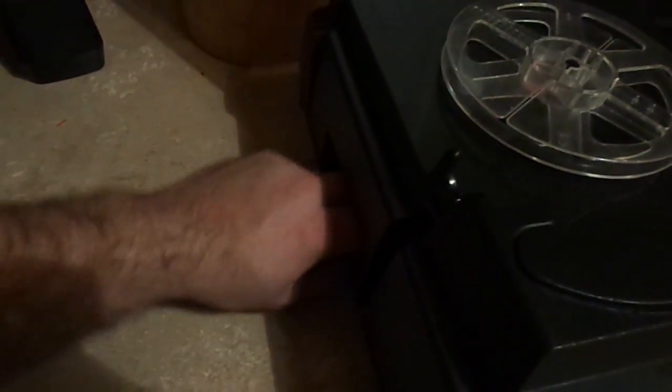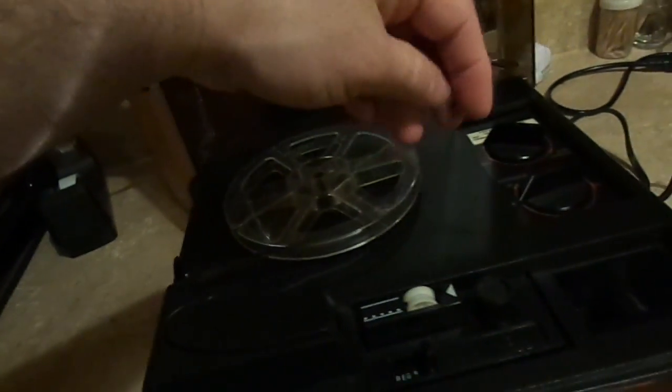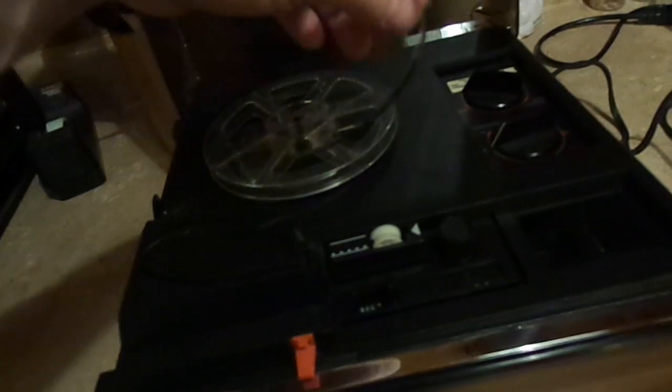But anywho, what we're gonna do. See, the reason that destroys it is, well, two reasons. Number one, it helps scratch the film easier, and the second thing is it actually can cause the film to break if it's fragile. Since most of this old film is already 40, 50 plus years old, it breaks real easy. Now, to rewind the film the proper way with this projector, and this is really how it has to be done on a projector designed this way,